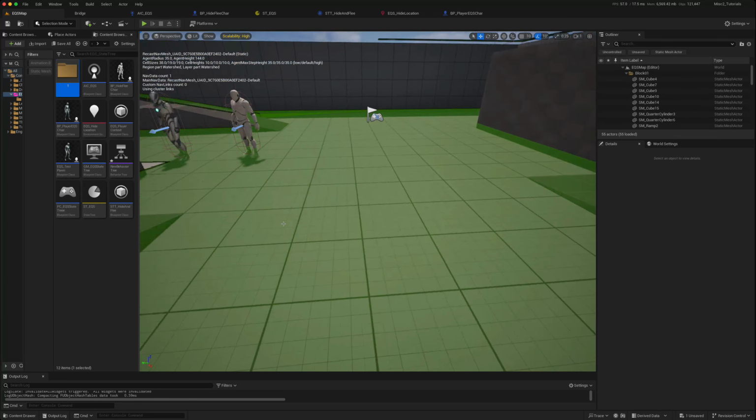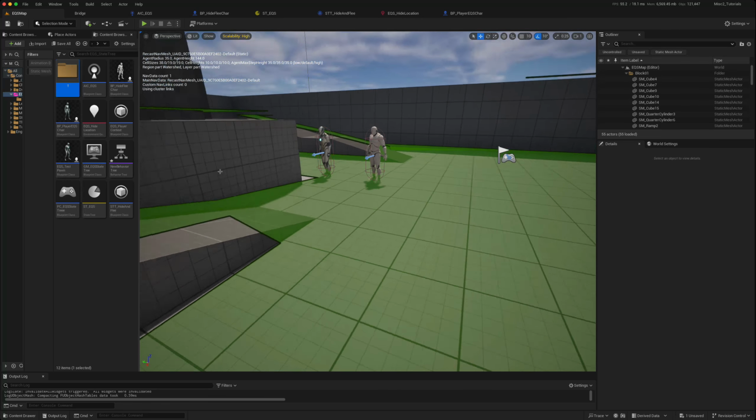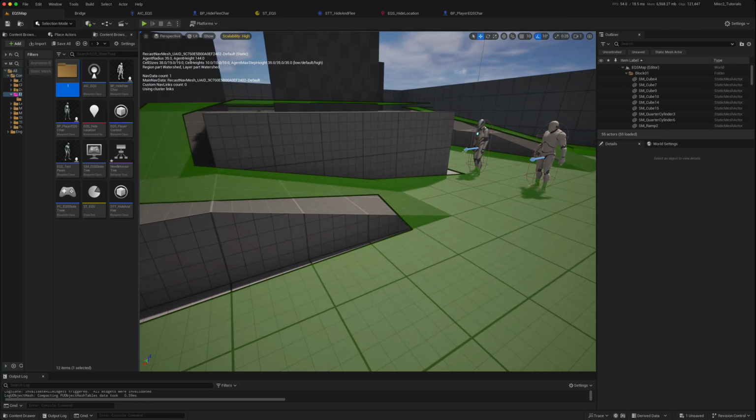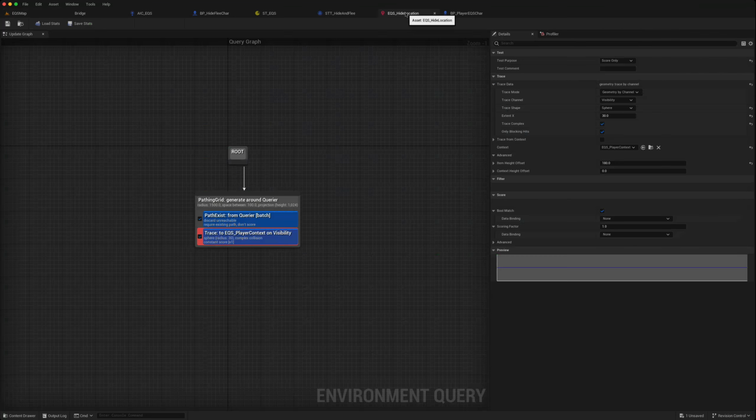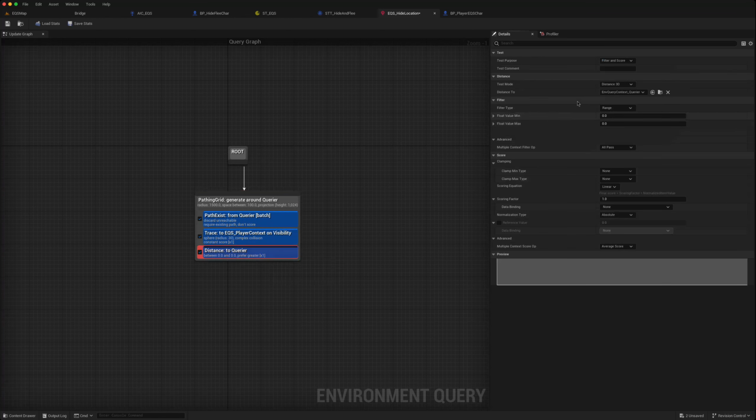So let's add some more of those tests we were talking about so that the character chooses a point that is furthest away from where the player is located to flee to. So we go back to our EQS and we can add another test on here. This time we can do a distance. We want to do a check from the context, from the player actually, isn't it? So the player context,